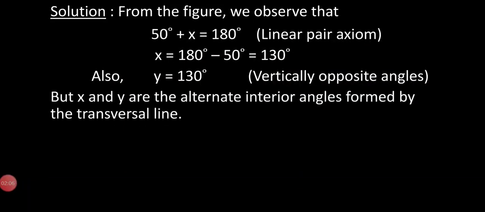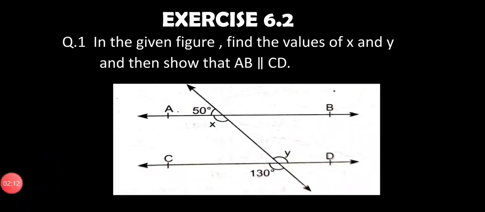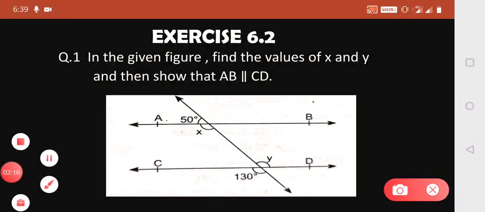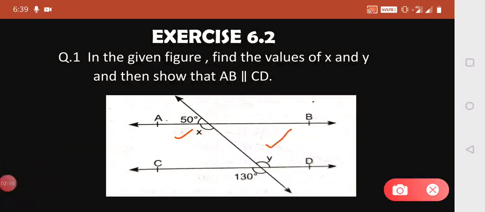And so according to vertically opposite angles, y equal to 130 degree. But x and y are the alternate interior angles formed by the transversal line. Now it is seen that x and y are both a pair of alternate interior angles when lines AB and CD are intersected by a transversal,